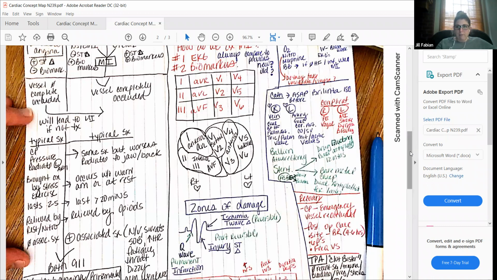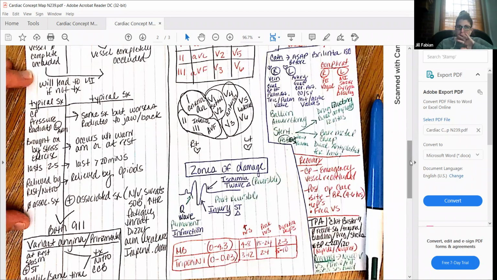So, of course, every single nurse needs to know the clinical manifestations if they come in. So, what do you see with unstable angina? Typical chest pressure radiating to the left arm, usually brought on by stress or exercise, lasts 2 to 5 minutes, very easily relieved by rest and nitro, and there's not many associated symptoms. So think about this. If the vessel's not completely occluded, but it's partially occluded, and now the patient starts to engage in activity, now the blood has to flow harder and faster. So now when they engage in activity, we see that this blood vessel is kind of occluded,